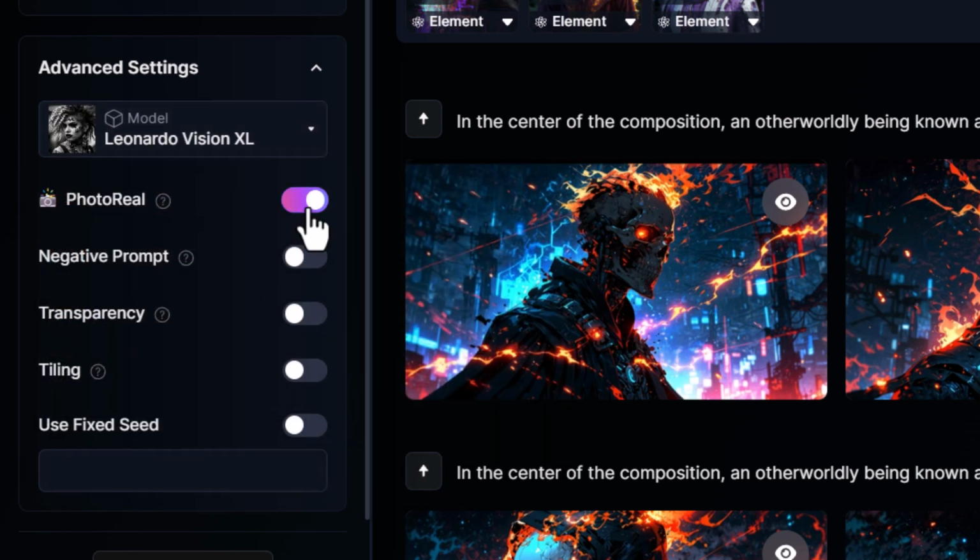Turn on Photo Real to create photorealistic images. And I can even generate with a transparency. If I want to, I can turn this on and create a tiling pattern. If you know what a seed is, it's kind of like the starting point in the image. You can add a number in here, and that way you should generate pretty much the same image each time with minor differences. Not really useful for most people unless you're trying to get this exact same image and